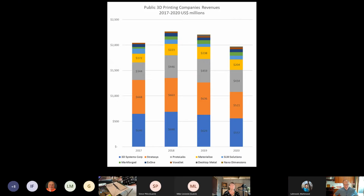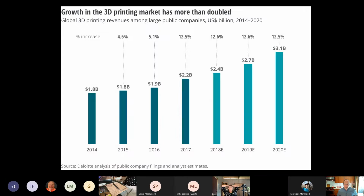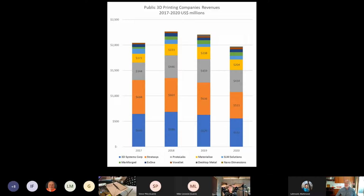Market shrank, dropped back. In fact, the 3D printing industry in 2020, this is once again the 10 largest companies, actually saw revenues fall to under its 2017 level. It would in fact still be higher than 2016, but it would be close. So really kind of an interesting story here. The idea that 3D printing is a hyper-growth story growing at 50% a year is not true. The idea even that it can have sustainable 10 to 15% growth year in, year out was not true in